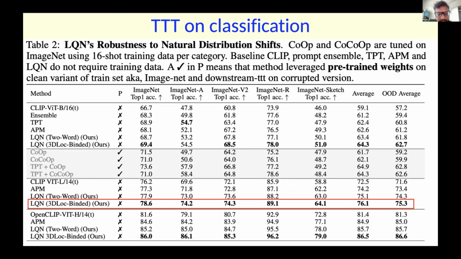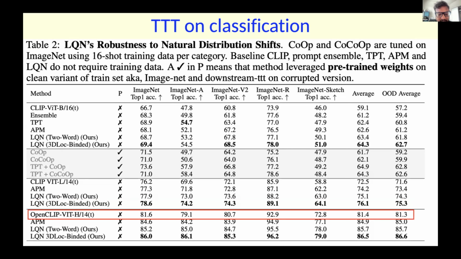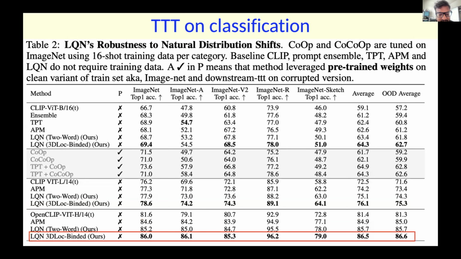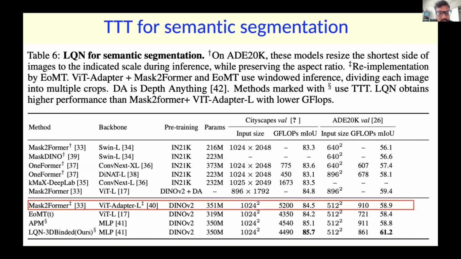It's basically able to beat the previous best model we had, because it's distilling intermediate layers of the teacher also. So you can also see that as we make the teacher stronger, between CLIP and OpenCLIP, the only difference is that it trains on the LAION dataset, which is bigger, and we can see better improvement. So LQN here, in this case, it's getting 78.6. In this case, it is getting 86.0, which is better performance on ImageNet.